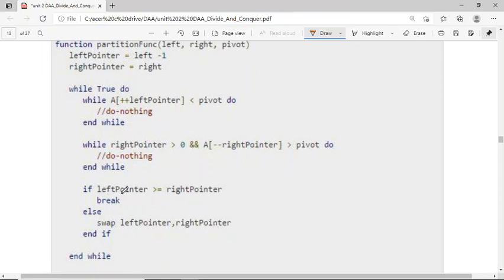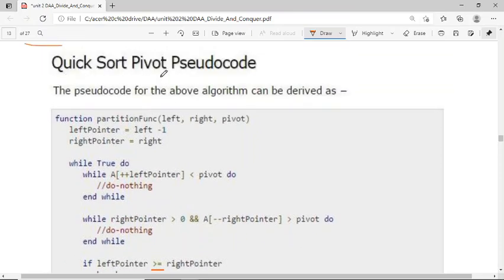If left pointer is less than the right pointer, then we need to do the swap. If this condition is false, then this statement will execute. End if. So this is the pseudocode for quick sort.